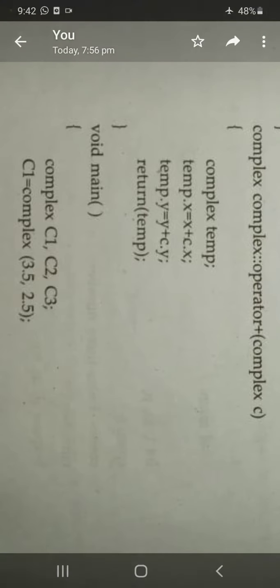Now in this operator function we define one temporary variable, Complex temp, of class type Complex. Then we assign the real part of this temporary variable: temp.x is equal to x plus c.x, and the imaginary part temp.y is equal to y plus c.y. Actually x and y are floats, but they act as the real and imaginary parts of the complex number, and we return temp, which means we return a complex number in the form x plus iy.